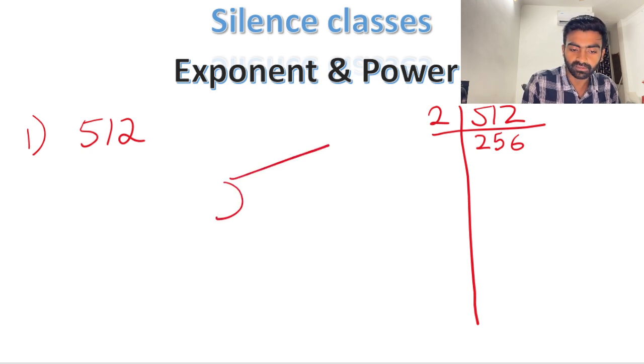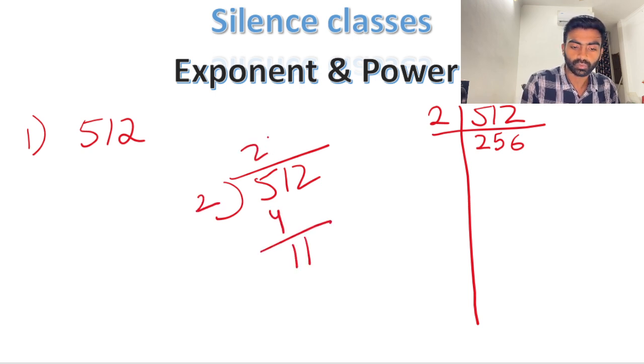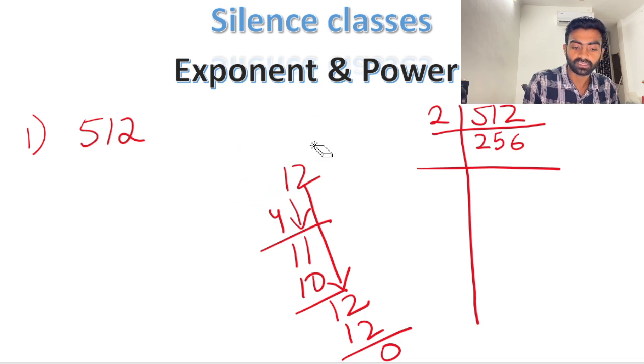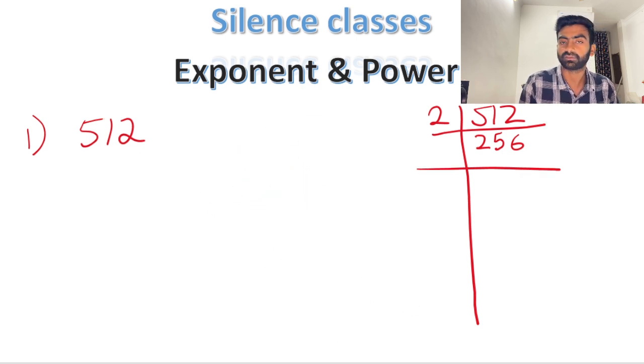So let's divide it. 512. You can do it in your rough column like this. Okay. 2 2s are 4. 2 5s are 10. 1 is left. Then we will bring down 2, and 2 6s are 12. Means 0. 256 is the answer, and I have written it. Now let's check it out. 256, 6 is there. Okay. This means it is divisible by 2 because the even number is there. So we will